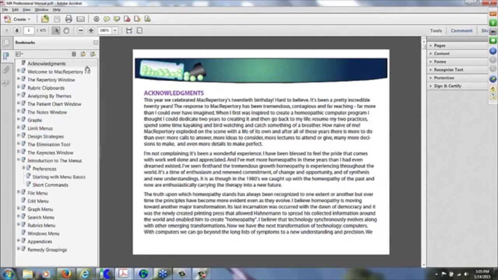And on the left-hand side, there's literally a menu where you can see all the different categories of items like graphs or the notes window or the patient chart window or analyzing by theme. So if you want to explore the program by looking at various components of the software, you can do that. You can also open any of these menu items up by clicking on the plus to the left of the